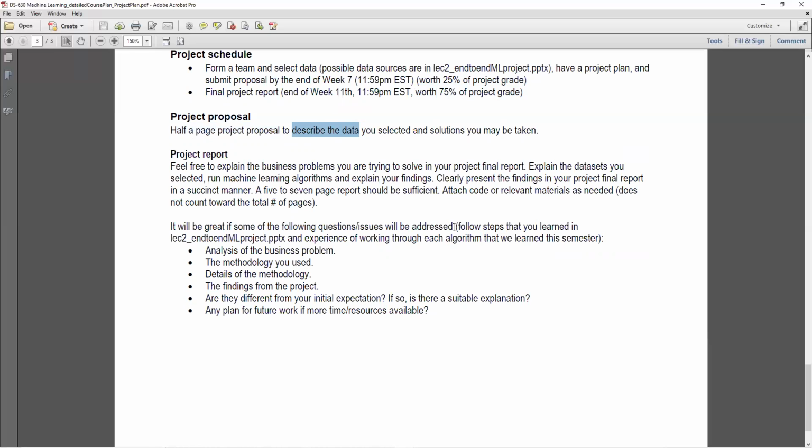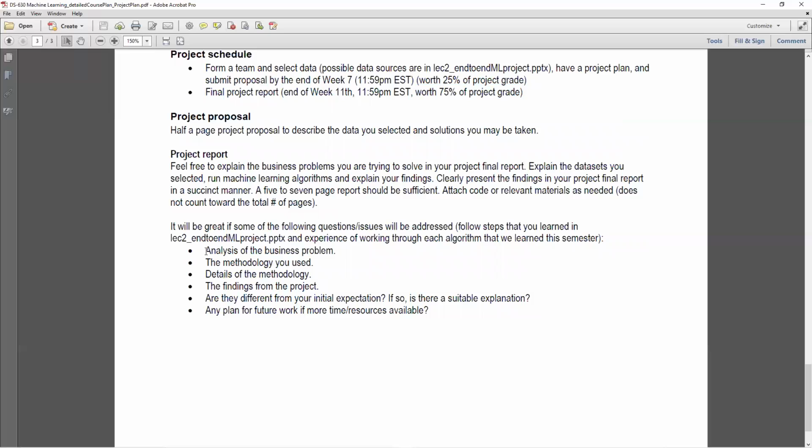Then here we have more elaboration on the project report. As I just mentioned, you should summarize and clearly present the findings, and a 5 to 7 page report should be sufficient. Of course, 3 to 5 would be okay as well. It's really just explaining the problem clearly and explaining the solution clearly as well. And then here are the key elements you should